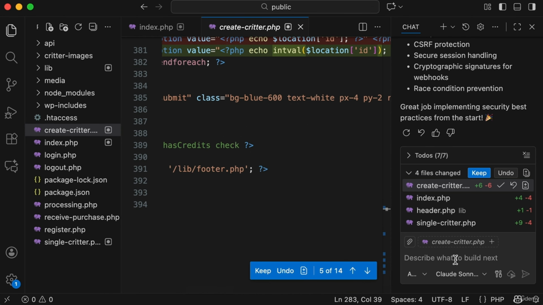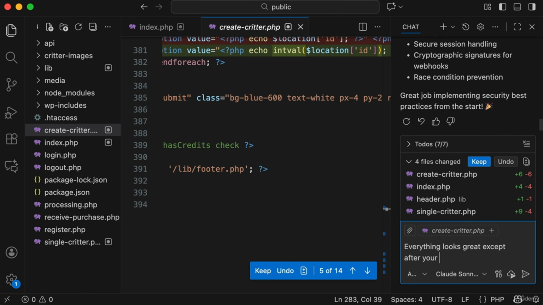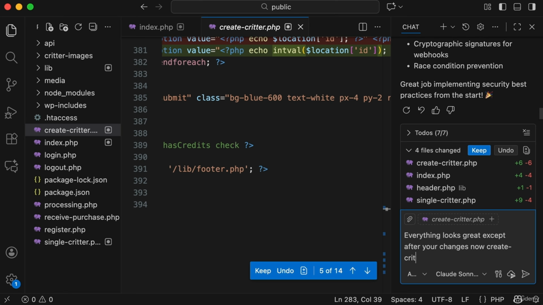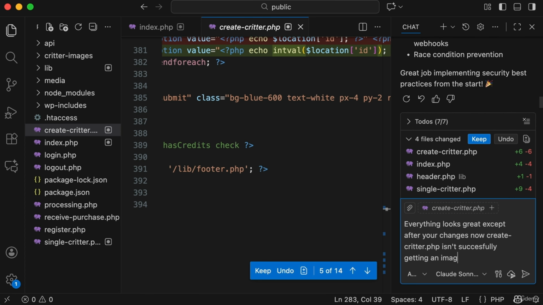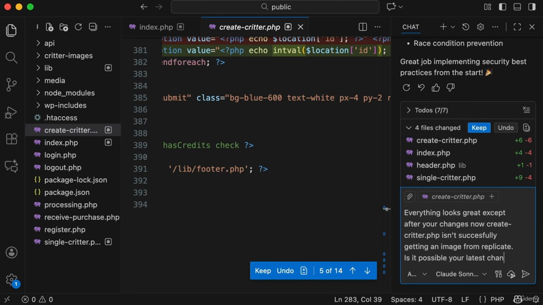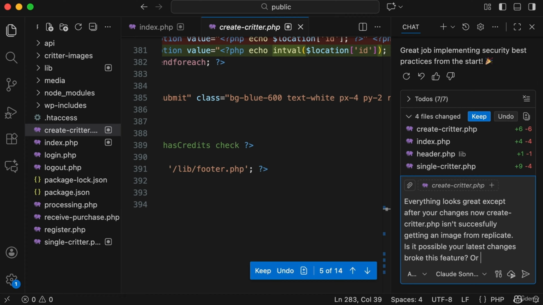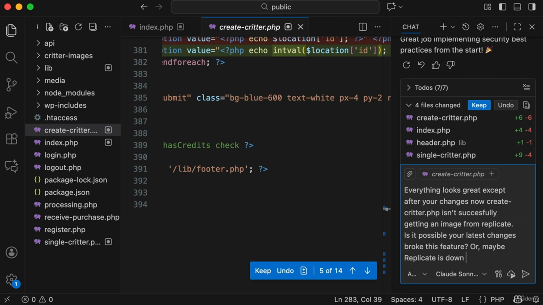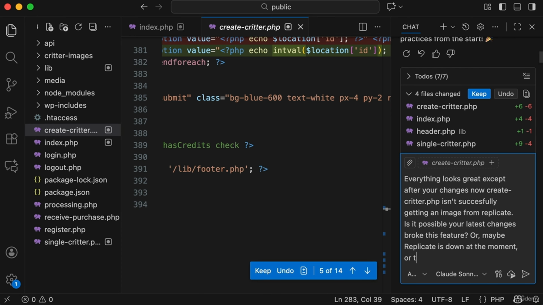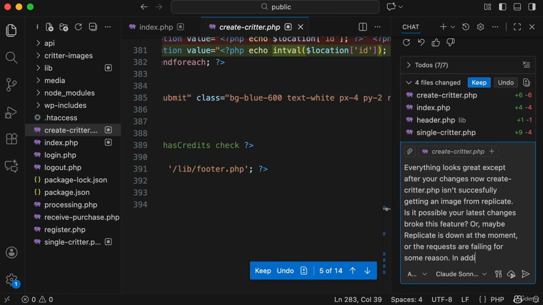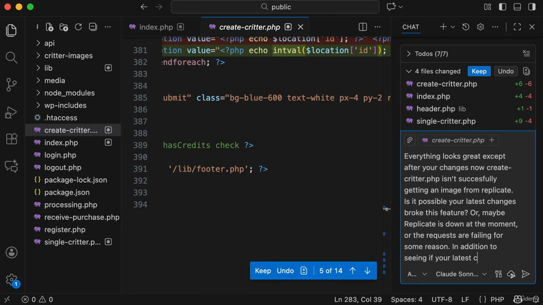So at this point, I would probably say everything looks great except after your changes, now create critter.php isn't successfully getting an image from Replicate. Is it possible your latest changes broke this feature? Or maybe Replicate is down at the moment, or the requests are failing for some reason? In addition to seeing if your latest changes